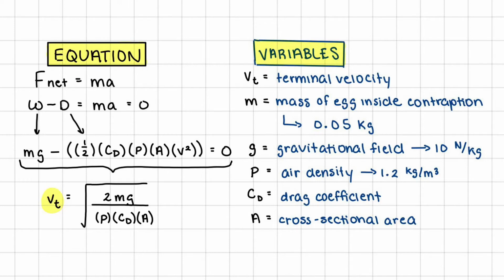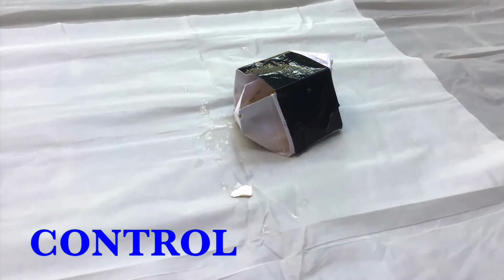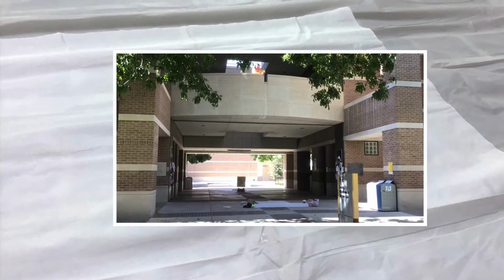Therefore, the equation to solve for terminal velocity is the square root of 2 times the mass of the egg inside the contraption times the gravitational field, divided by air density multiplied by the drag coefficient and the cross-sectional area of the parachute. An egg was placed in a contraption and was dropped from the second floor of the Sands